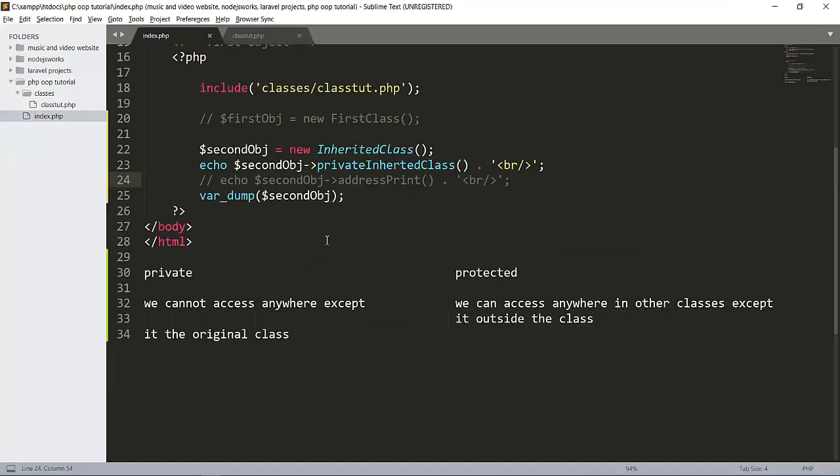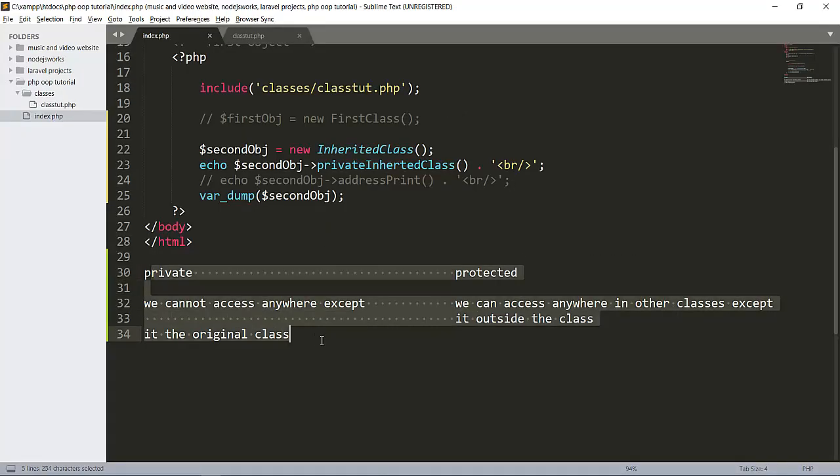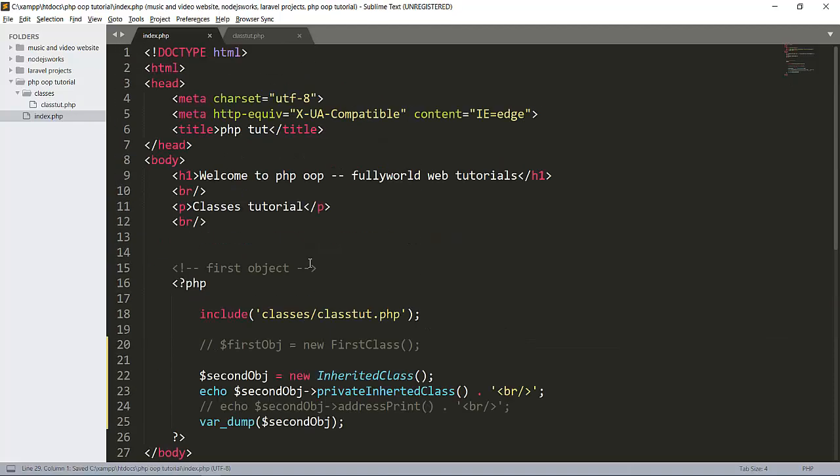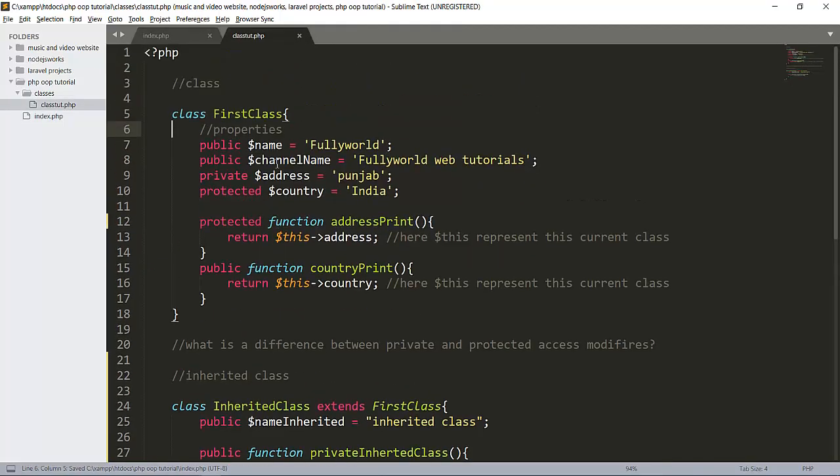So this is just an introduction to inheritance classes. We will use all this in our project. In the next video we are going to see the difference between the inherited classes that we did here, and after that in the next class we will do constructors, and after that static variables, what static variables and static functions are. So for today it is enough.